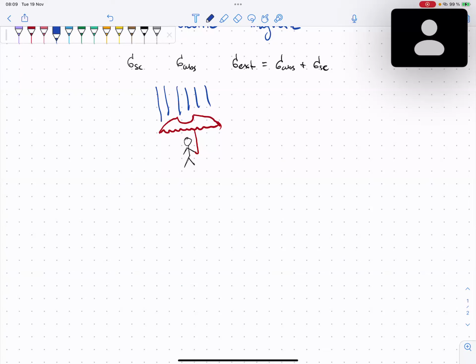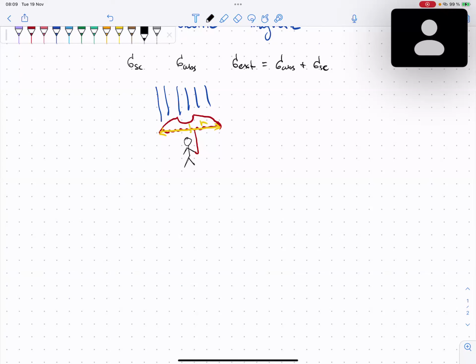The total area of the umbrella, for example, with radius r, is